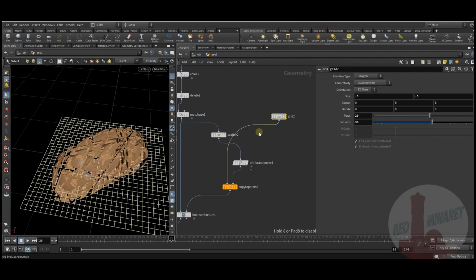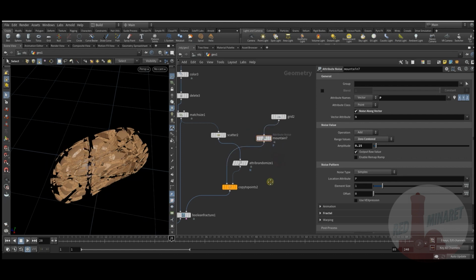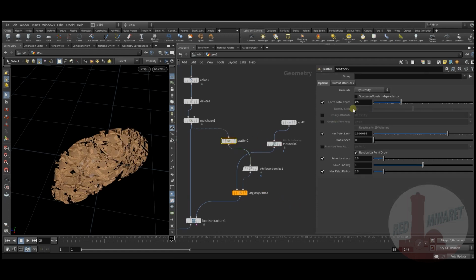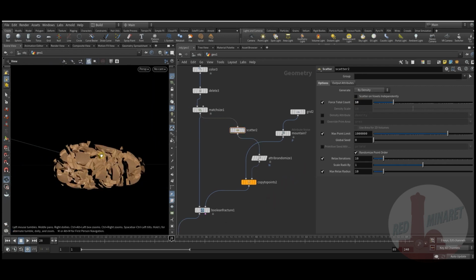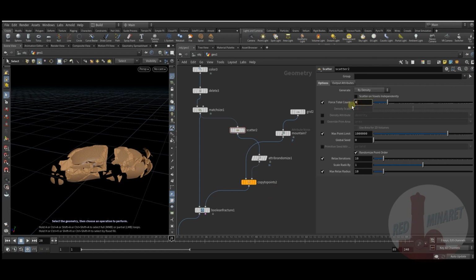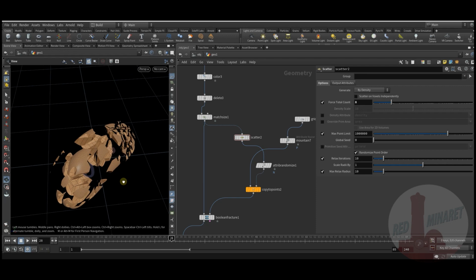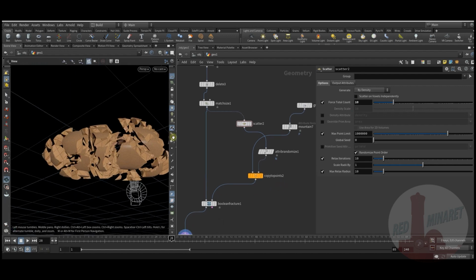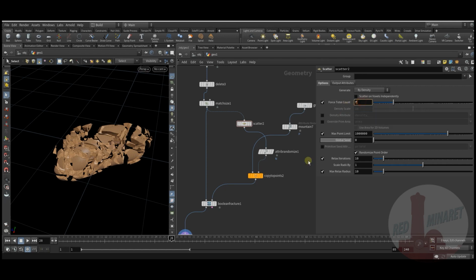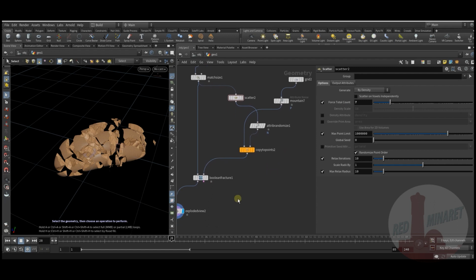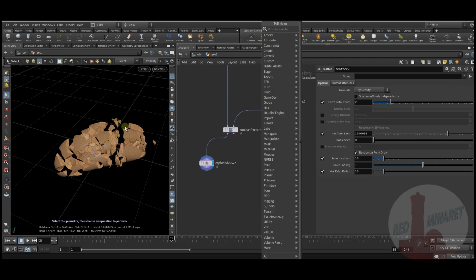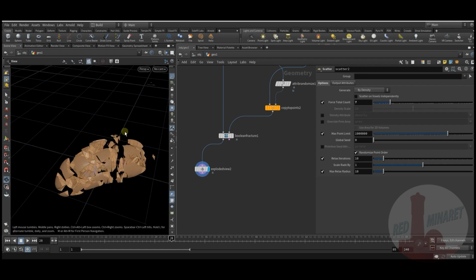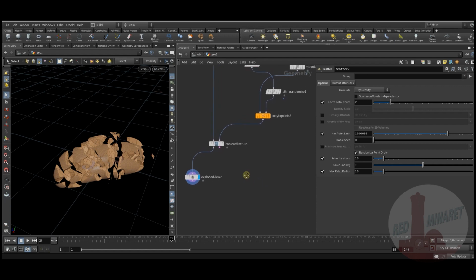Also, let's use a mountain. And 10 pieces. It's still too much. 7. Okay, at this point, I'll try to get rid of the small pieces, which may slow down my working progress. So I use